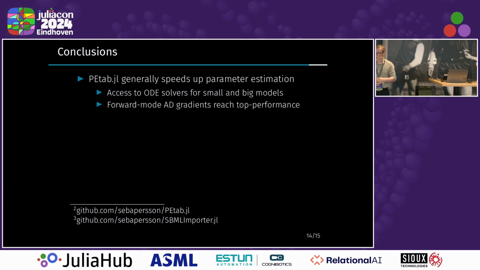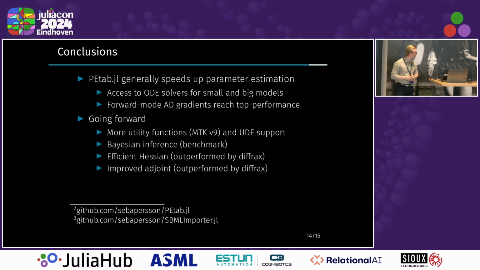However, when it comes to developing software, you're never really done, so I think there are some relevant improvement areas going forward. What we want to add is more utility functions to make it more user-friendly. Probably after the workshop yesterday, I also need to update the documentation. We also want to add a Bayesian inference benchmark. So we are currently benchmarking different ways of doing inference of the posterior. And if anyone here works with, for example, Turing or something, I would be happy to discuss different algorithms